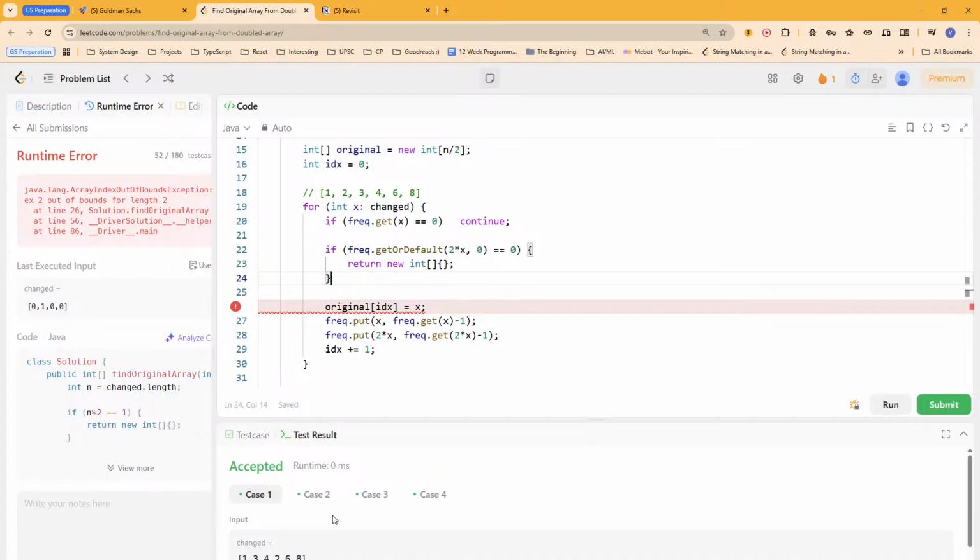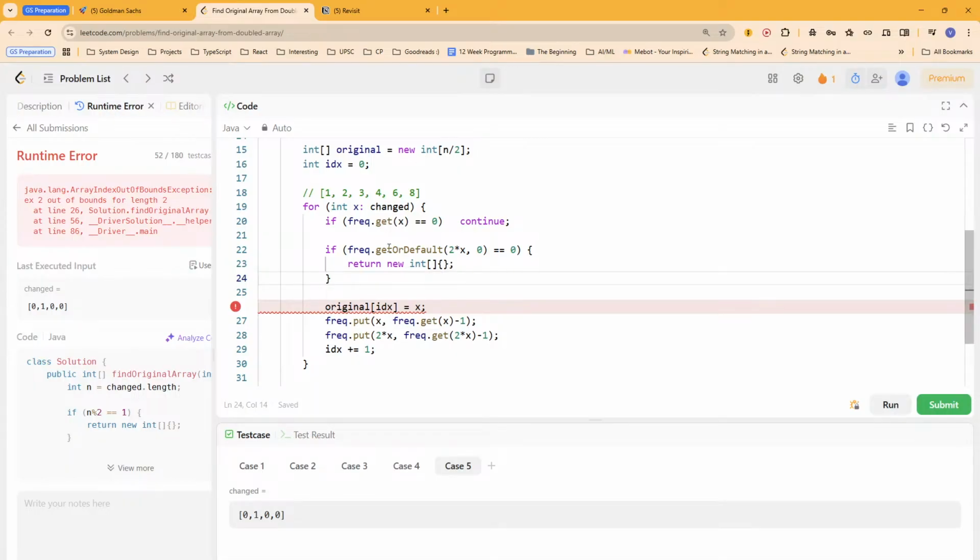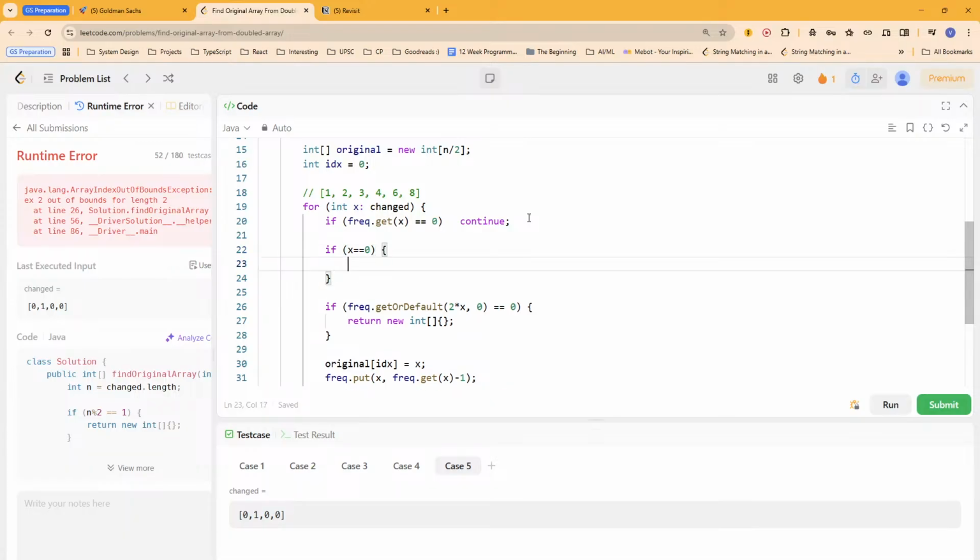So the issue is due to 0, right? The issue is due to 0. So do we need a separate handling for zeros? If the number is equal to 0 and if frequency dot get, basically if we have 0 there should be an even number of zeros, right? There should be an even number of zeros. If we have an uneven count or less than 2, that would mean this. Otherwise,